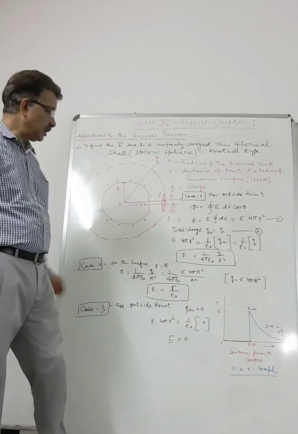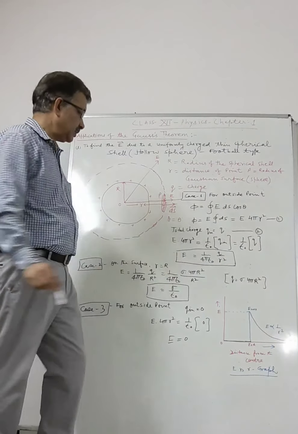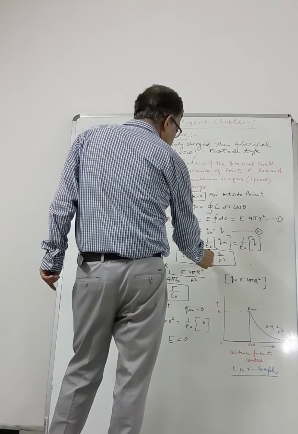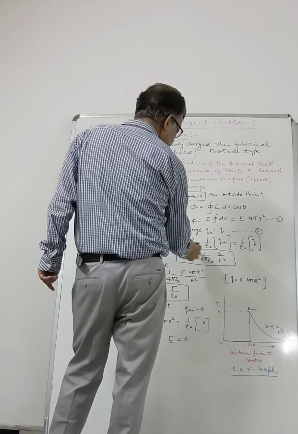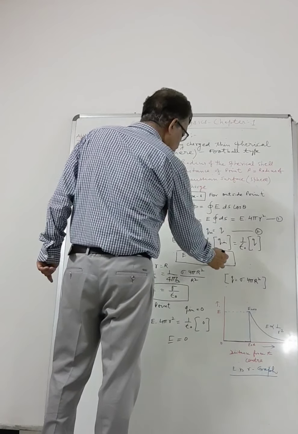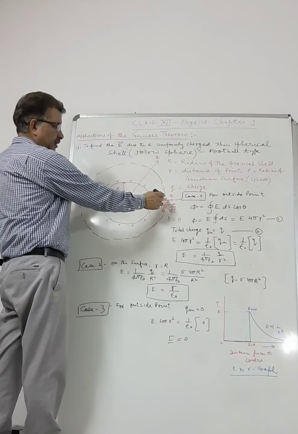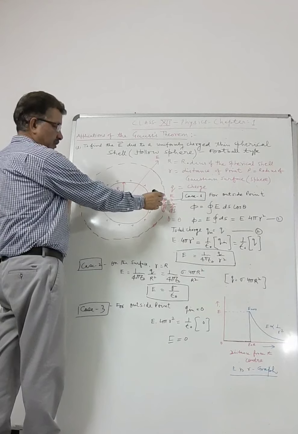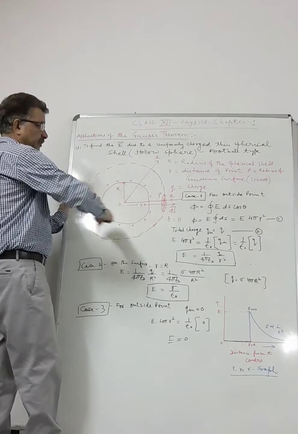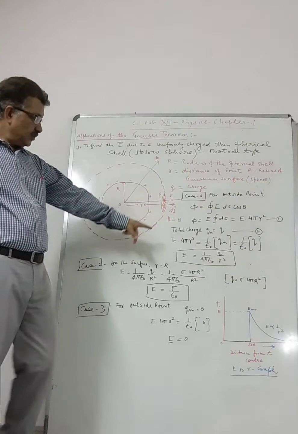Now we have to find out the value of E, because we are interested in finding the value of E. So here E will be 1 by 4 pi epsilon naught, Q by r square. That is the value of the electric field intensity at all these points which are at a distance r. It is very interesting